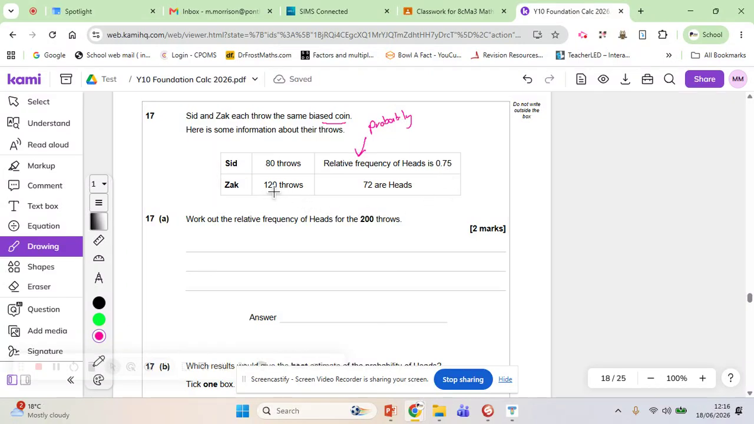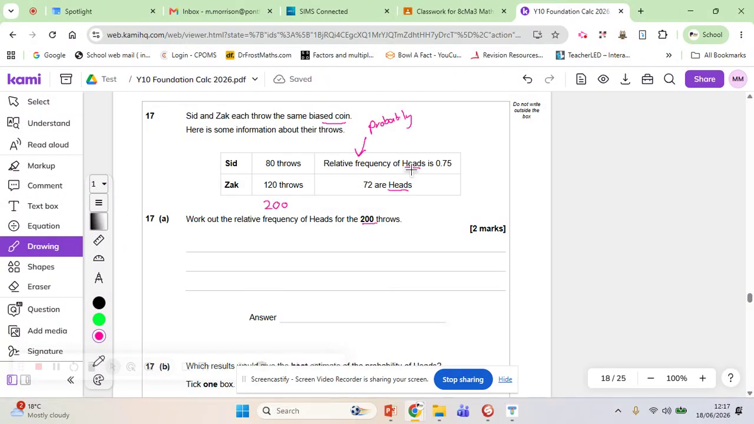Zach has 120 throws and 72 are heads. So first of all, I'm just going to underline that these are both heads that we're talking about. Work out the relative frequency of heads for the 200 throws. So for the 200 throws, it's going to be them added together, which gets me 200, which means we're going to have to combine these ones together as well. So if we've got 72 are heads,